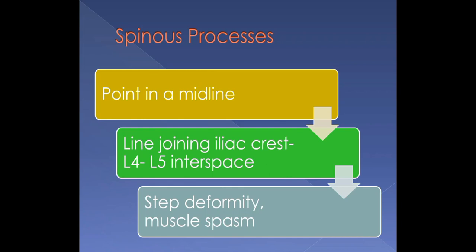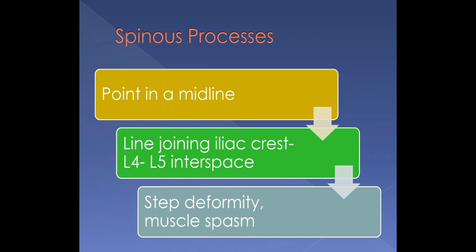So next, spinous process. The examiner first has to palpate a point in the midline, which is on the line joining the high point of the two iliac crests. This point is the L4, L5 interspace, and after moving down to the first hard mass, the fingers will be resting on the spinous process of L5. Moving toward the head, the interspaces and the spinous processes of the remaining lumbar vertebrae can be palpated.